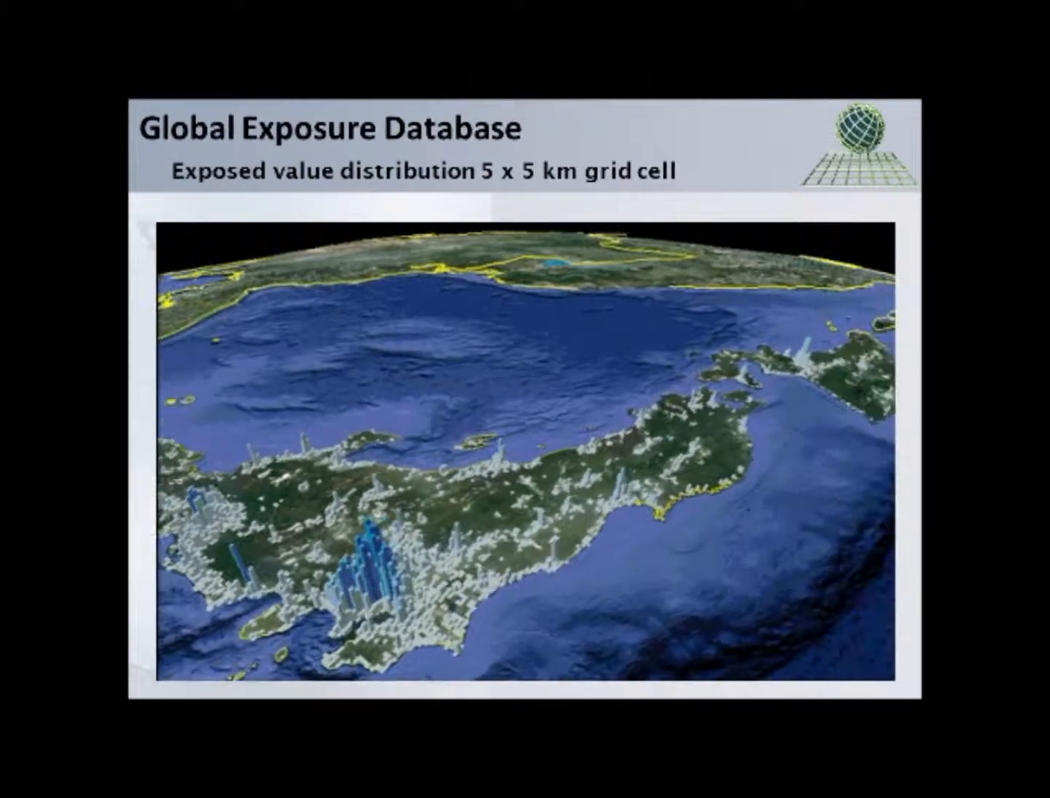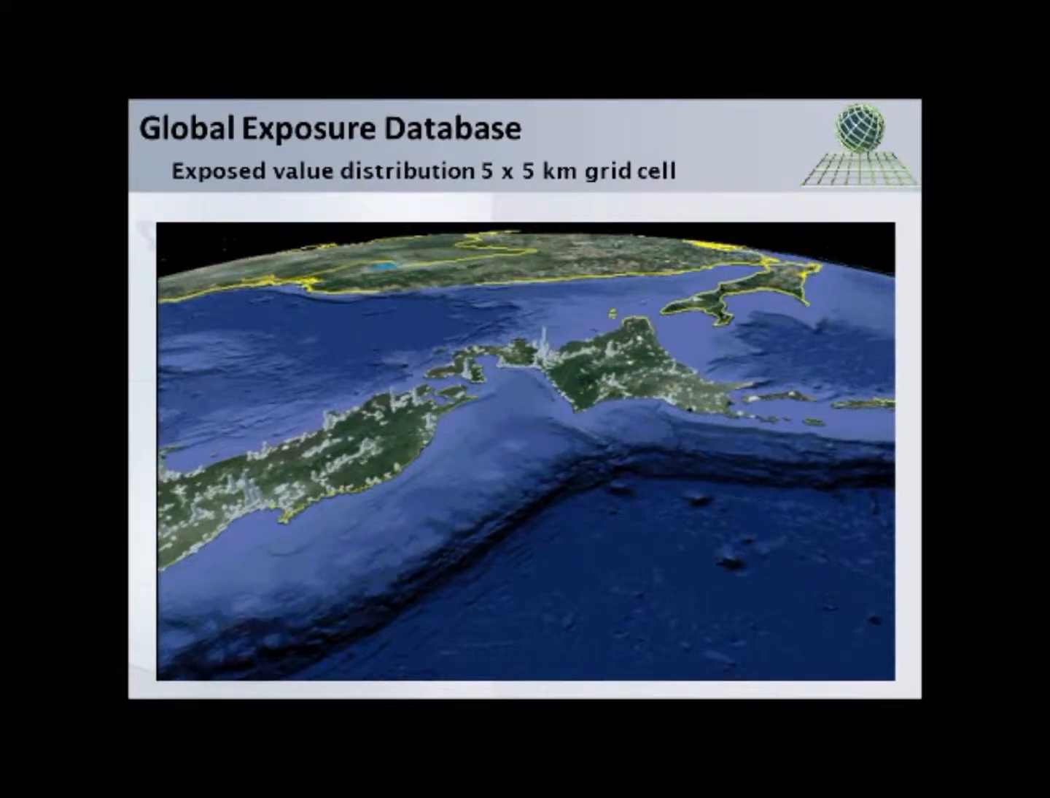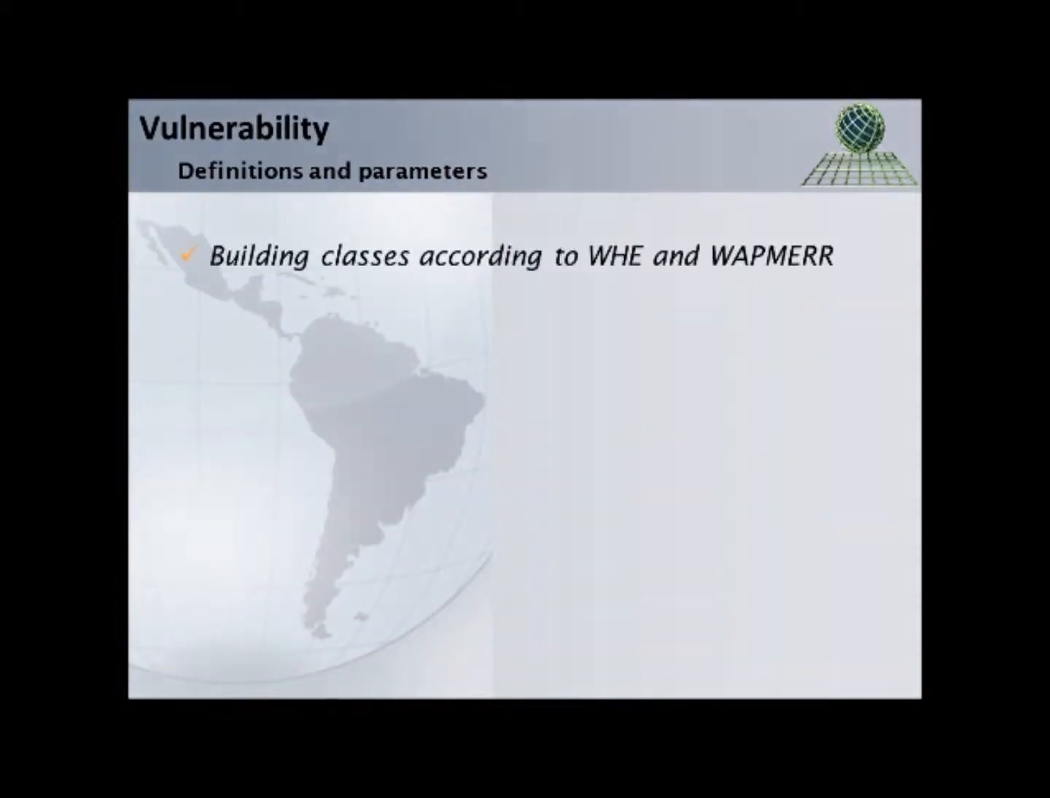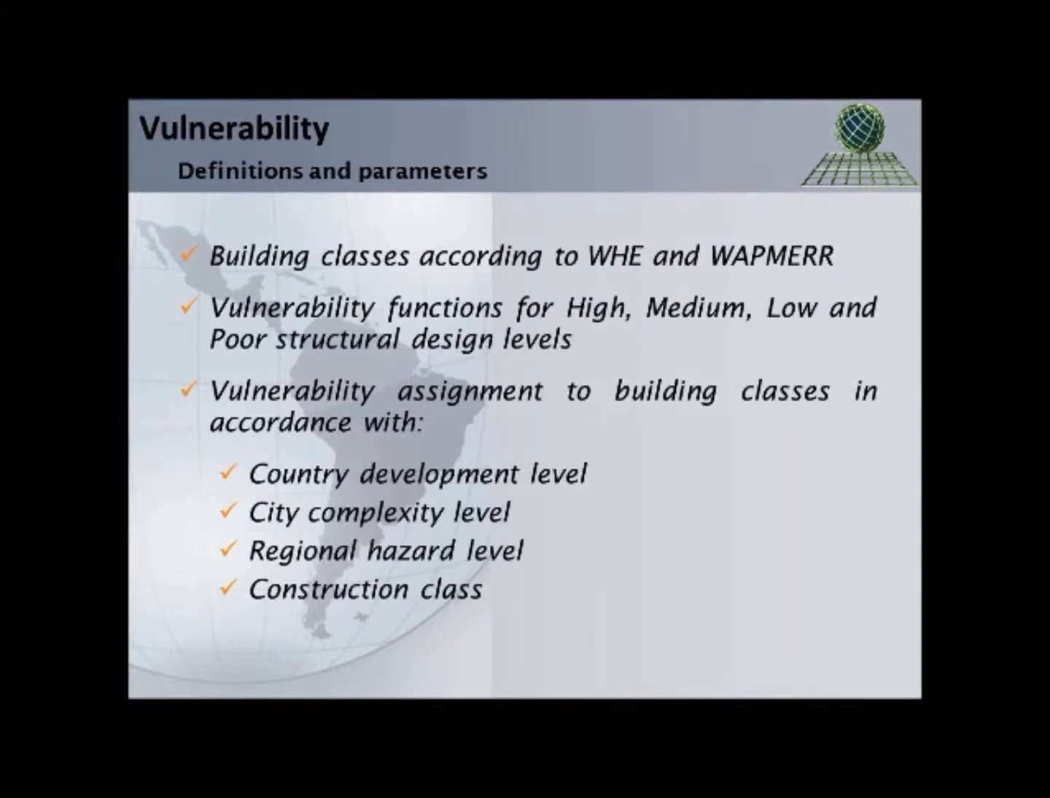A global exposure database was generated at global level with a resolution of 5 by 5 kilometer cells, with the structural system distribution and the exposed values for each of the cells. Building classes were defined according to the World Housing Encyclopedia and the World Agency of Planetary Monitoring and Earthquake Risk Reduction Statistics, considering different construction requirements and code enforcement levels, taking into account characteristics such as the country development level